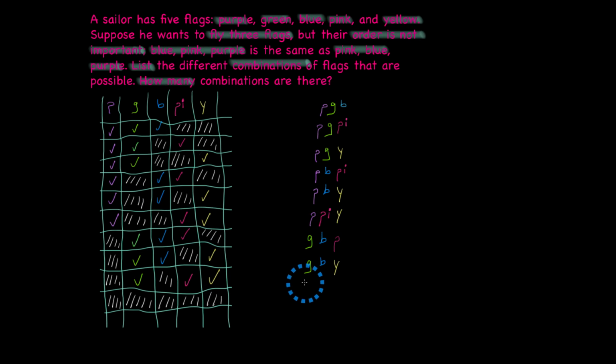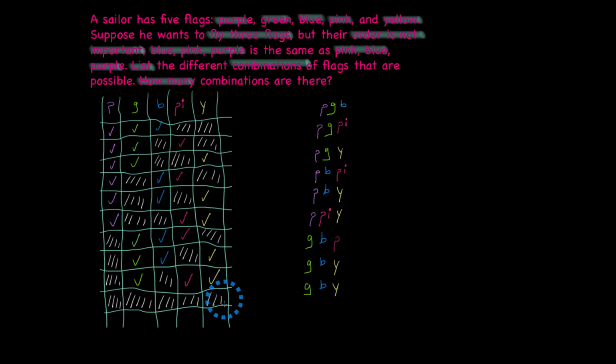That's actually one of the nice things about having a chart or a table. Whereas you might make a mistake with a list, it might become tedious to find where your mistake is. Having a table is just a nice visual representation of what you're working with. So if you do make a mistake, you can fix it pretty quick. So green, in fact, I'm going to fix that. So green, blue,